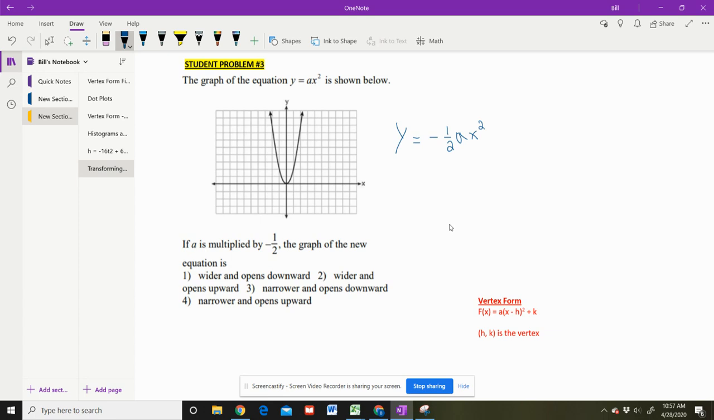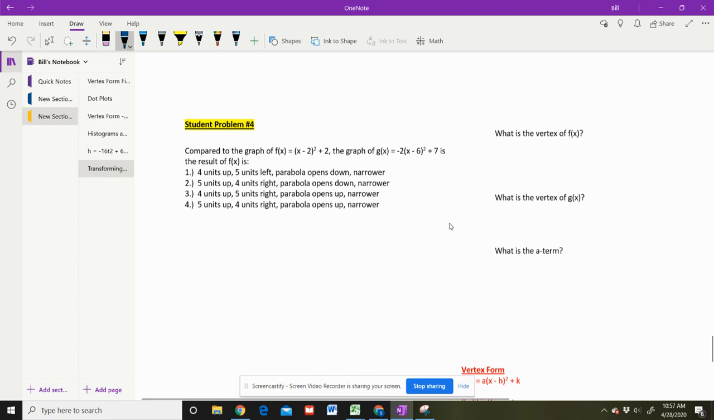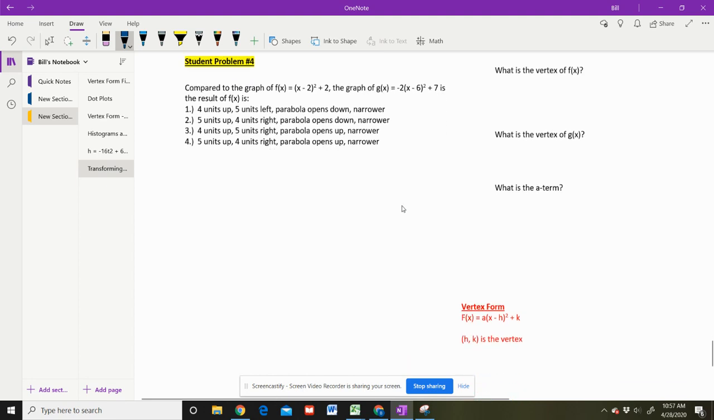And then on our last one, I am just going to combine everything together. This is just a challenge question. See how you do on it. So this is adding everything together. Compared to the graph of f of x, I'm not going to run through this one. I'm just going to have you guys answer it, see how you do, and then we'll decide what we work on for Friday. f of x is equal to (x minus 2) squared plus 2. The graph of g of x is equal to negative 2 (x minus 6) squared plus 7. So it's asking, is the result of f of